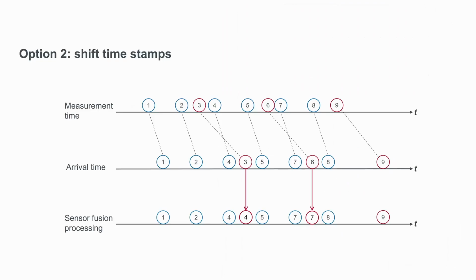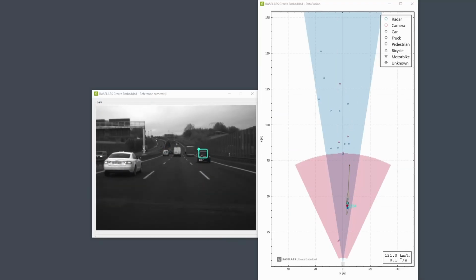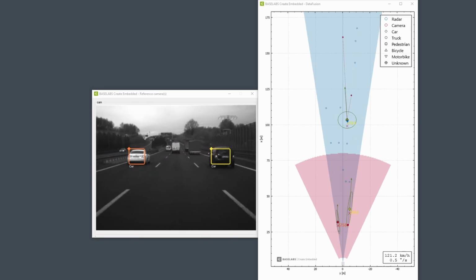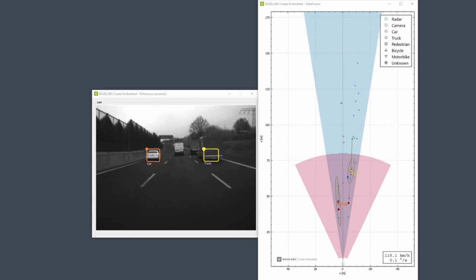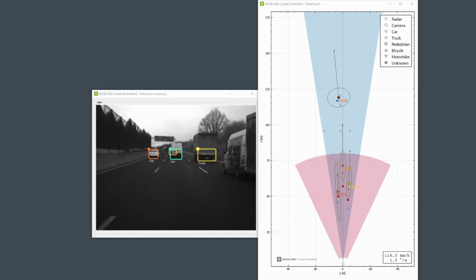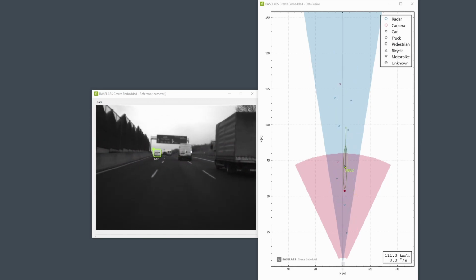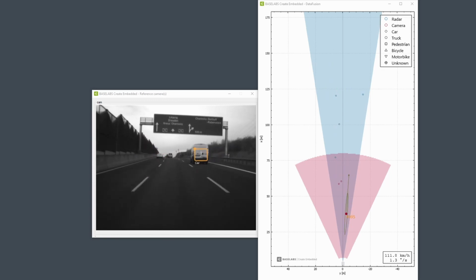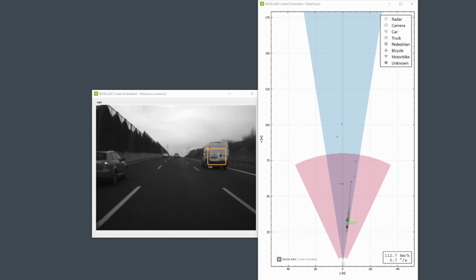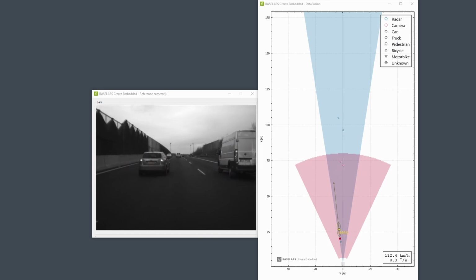I'm now going to set the timestamps of the out-of-sequence measurement to the timestamp of my latest processed measurement. In other words, once an OSM is detected, I manually shift its arrival time to avoid this error. The result will look like this. As we can see here, no object can be stably tracked anymore. The modification of the timestamp creates artificial camera measurements that are inconsistent with the radar measurements. Since the delay of the camera is systematic, there is constant disagreement between the two sensors' observations, and no object can be confirmed long enough.